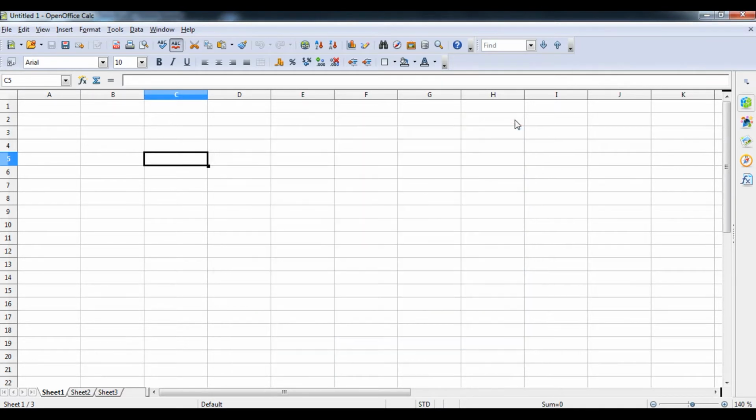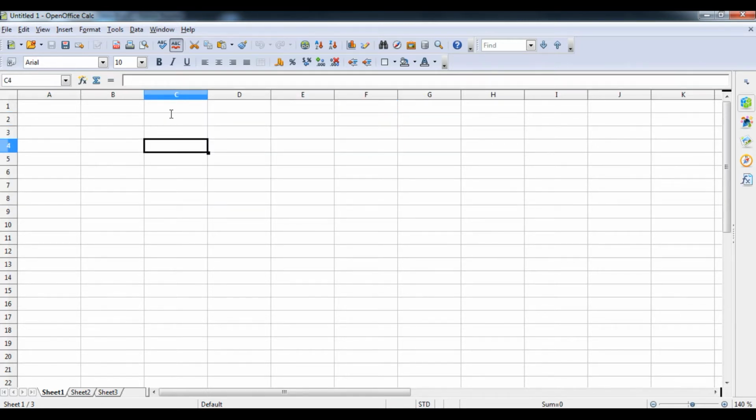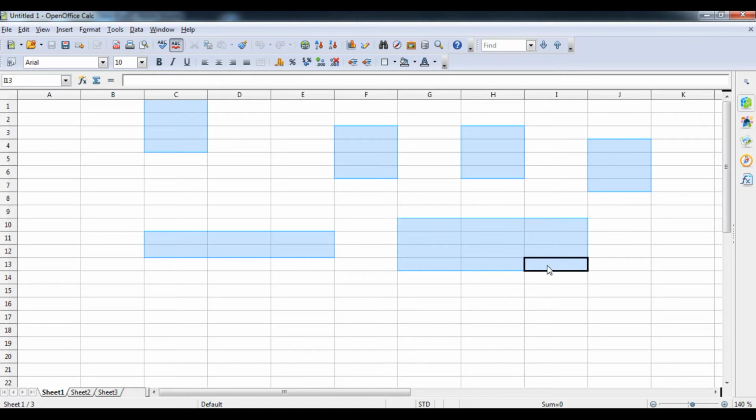Now I will teach you what a cell range is. If more than one connected cell is selected together, either in a row way or a column way, this is known as a cell range. You can select a cell range with the help of the mouse like this, for example from C4 to E5, or A1 to A5, that is A1 colon A5. It can be any way. You can also create a scattered cell range by pressing Control while selecting.